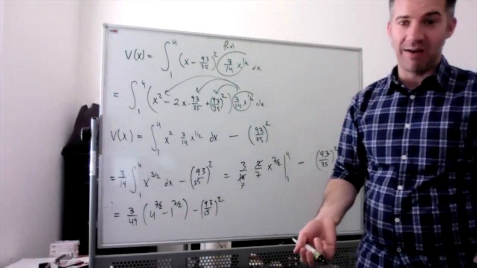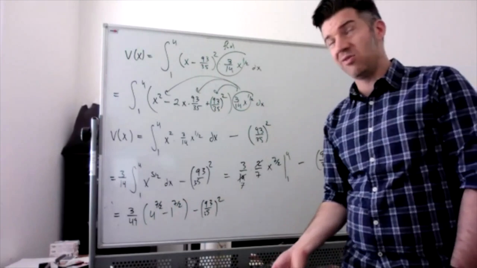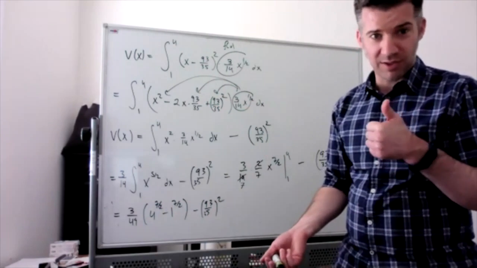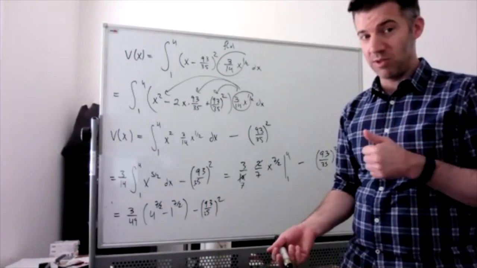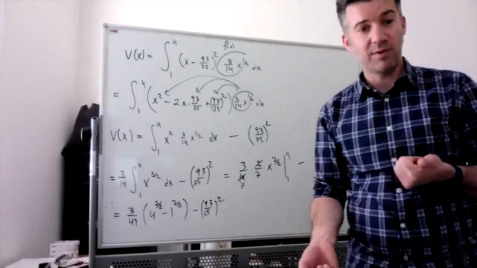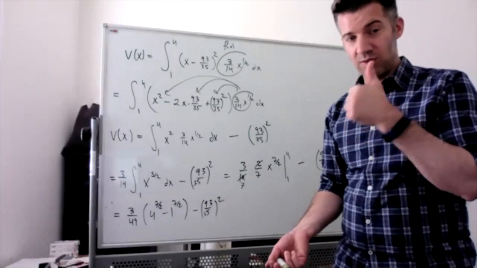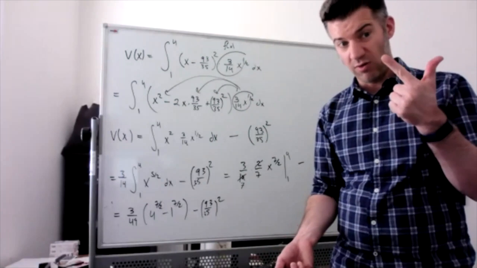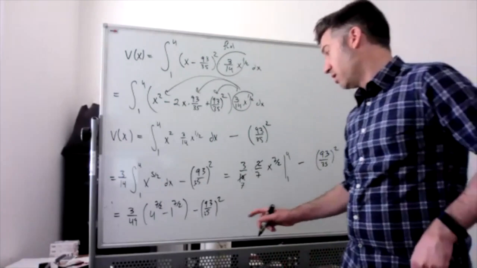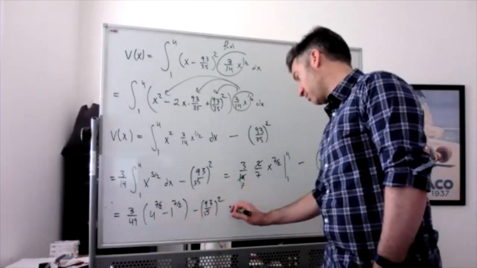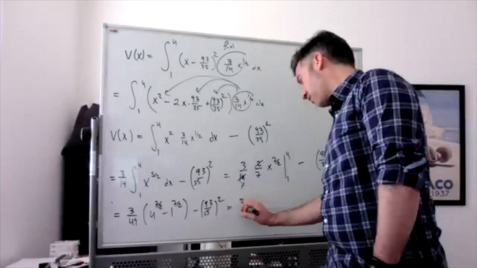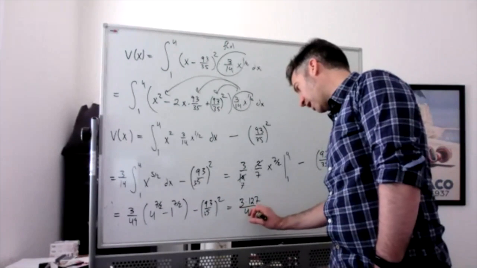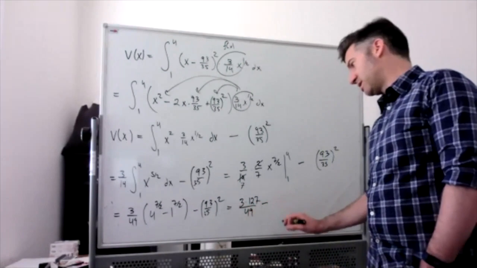4 to the 7/2 is 2 to the 7th, and 2 to the 7th is, let's see. If you're not good on your powers of 2, there's that 2048 game on your phone, which is a little addictive. Definitely helps you with your powers of 2. First part, so 2, 4, 8, 16, 32, 64, 128. So that's 2 to the 7th. So it's 128 minus 1, so that's going to be 127. So you have 3 times 127 over 49 minus